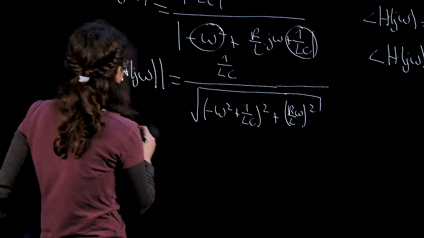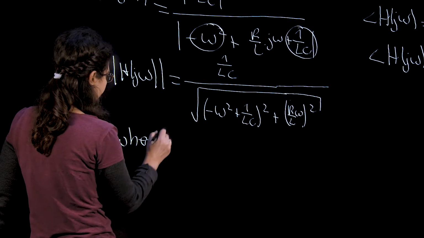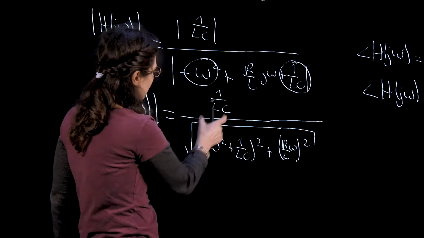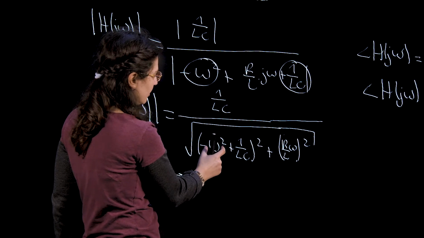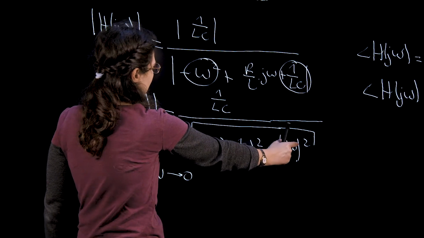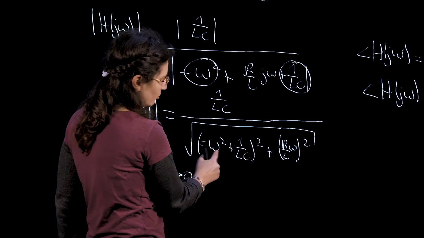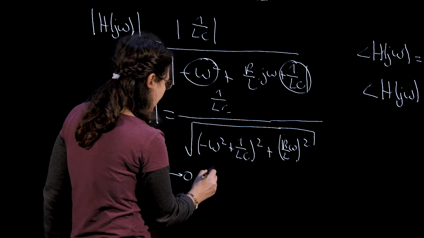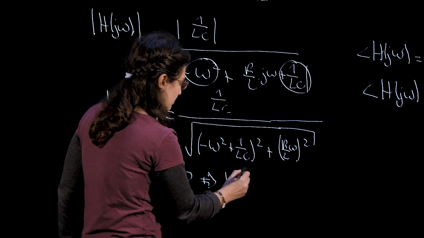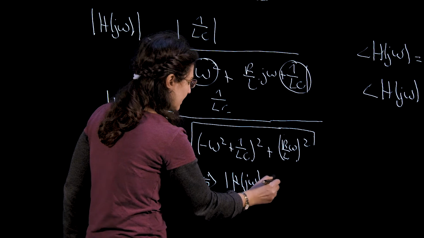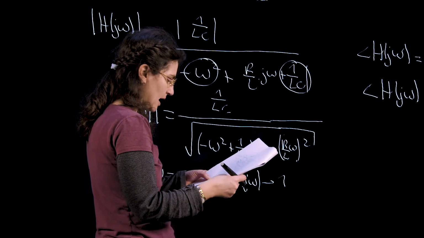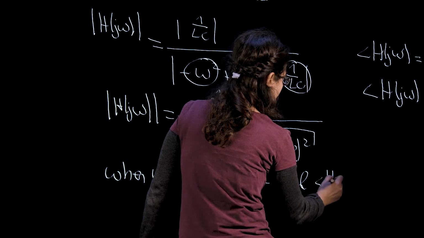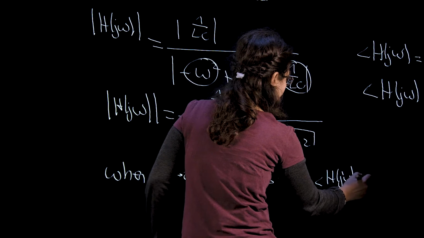And we can see that when omega tends to 0, we can maybe see it here. So that's a number here, but that's 0 here, and that's 0 here. So actually this goes away, and this goes away, but I keep this one and this one. So my magnitude tends to 1, and the phase of H of j omega tends to